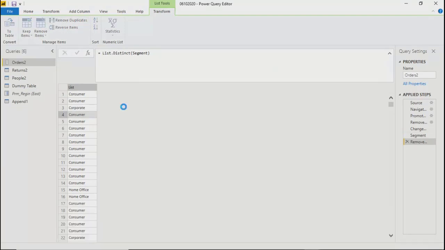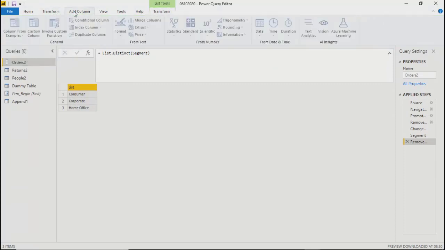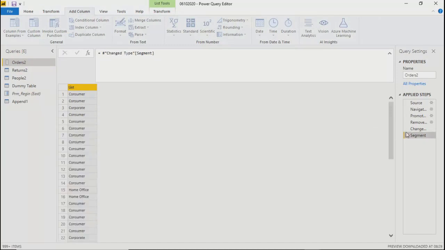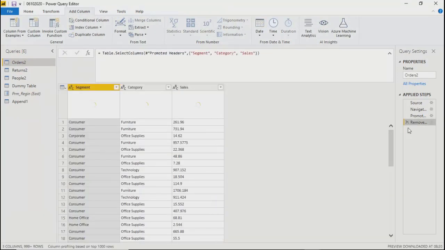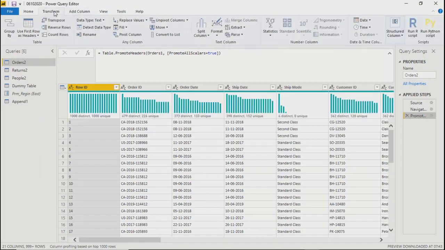If you do so, you get all the unique values. So pivot, unpivot, move, convert to list, all done.